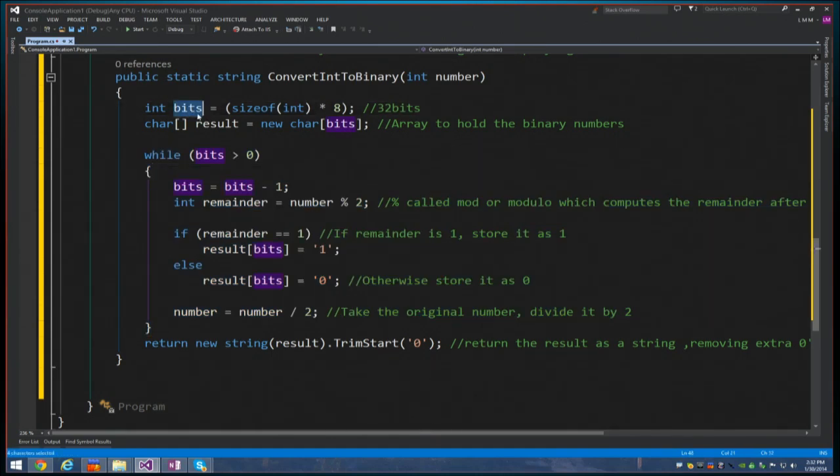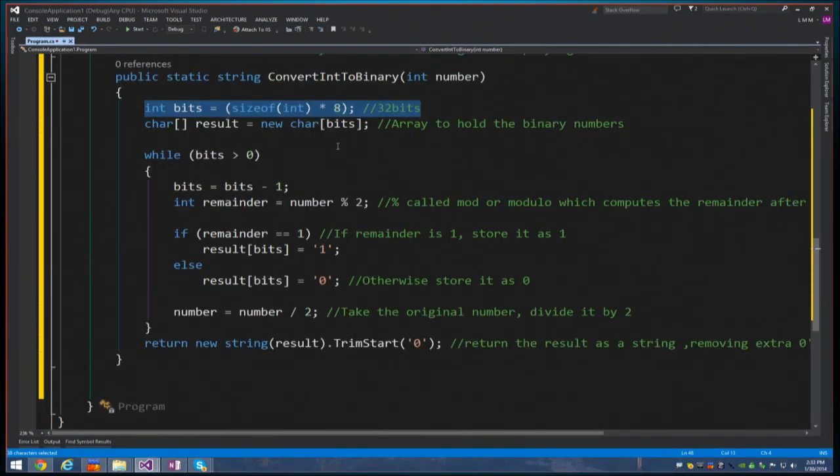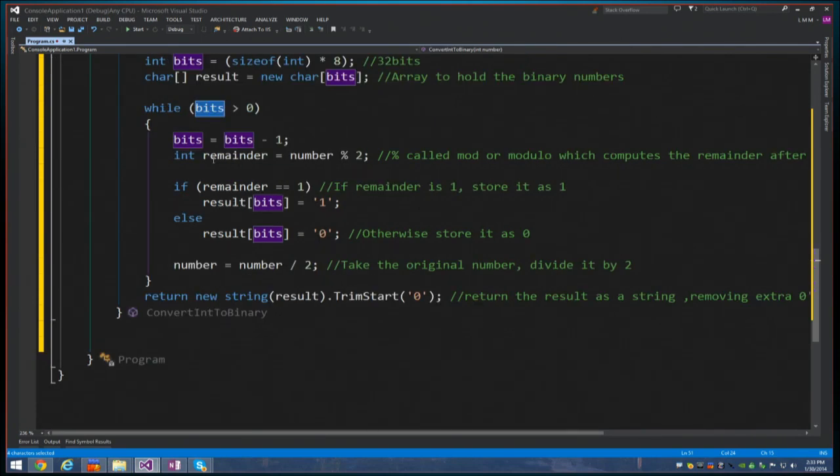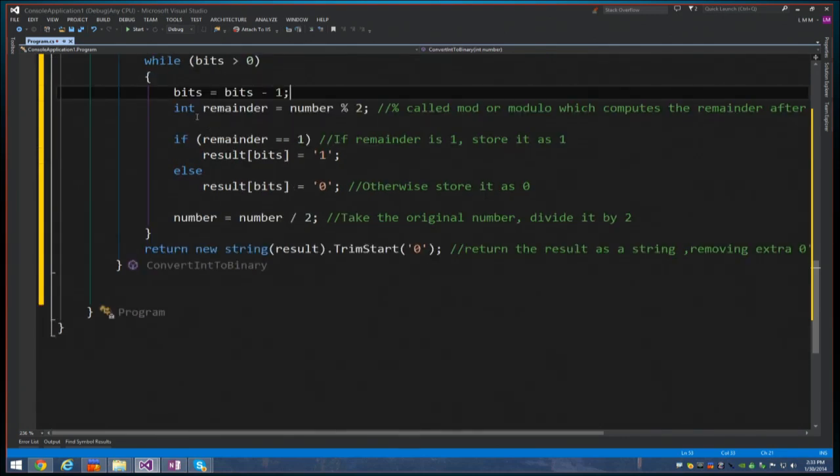So in this case, we set a variable for how many times we want to loop. In this case, it's potentially 32 times because we have a 32-bit number. And we're saying, hey, a 32-bit number could be 4,324,000,000-something different possibilities. That's right. Exactly. So basically, we're going to loop while the bits is greater than 0. Right now we're starting with 32, so we're greater than 0. And so the first thing we're going to do is decrement that. So now we're down to 31 bits. And then, just like you did on the board, I'm going to divide that number.